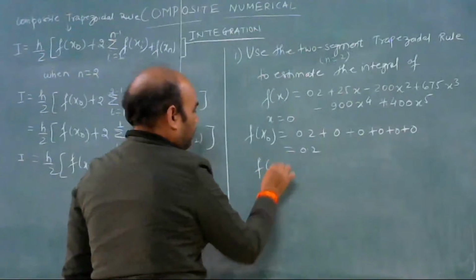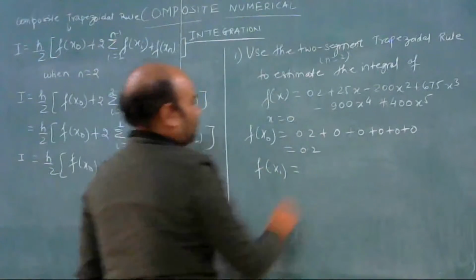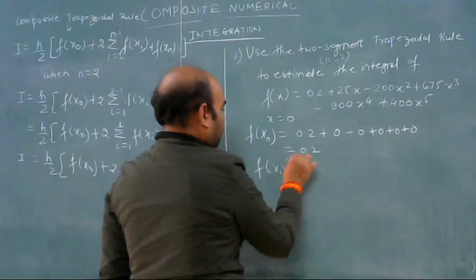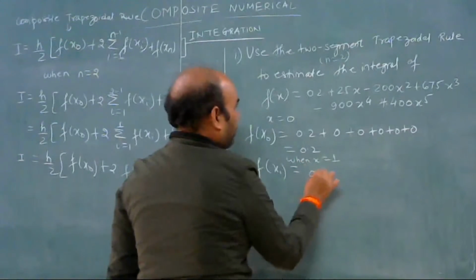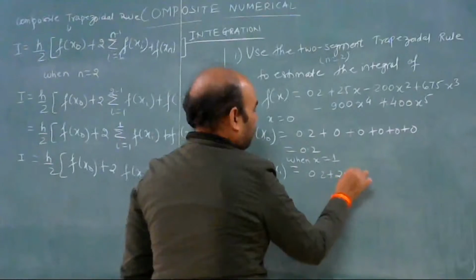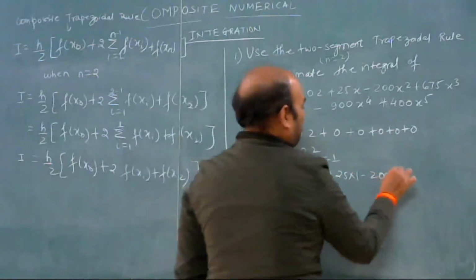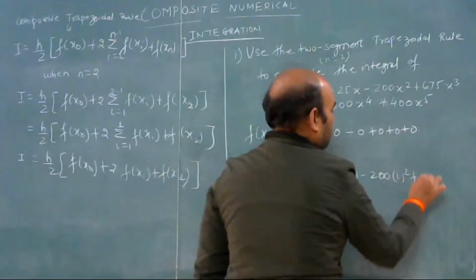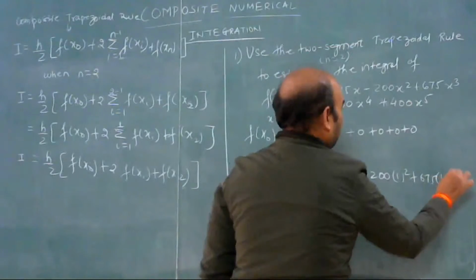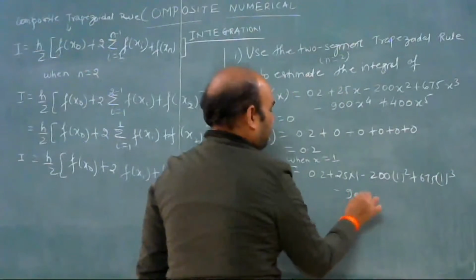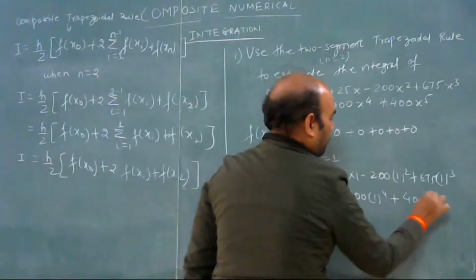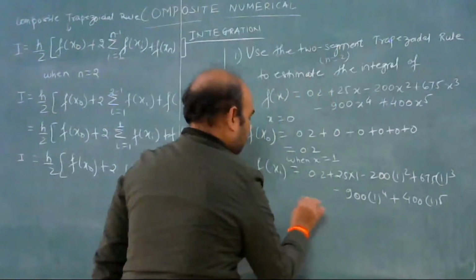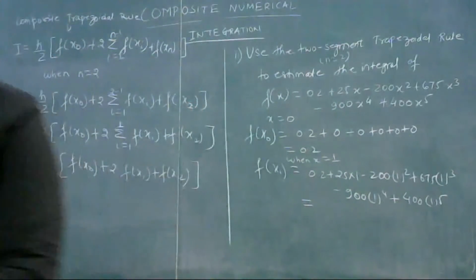Then f of x1. So when x is equal to 1, 0.2 plus 25 into 1 minus 200 into 1 square plus 675 into 1 cube minus 900 into 1 to the power 4 plus 400 into 1 to the power 5. So on solving this,